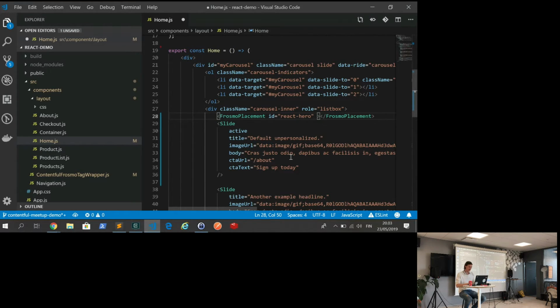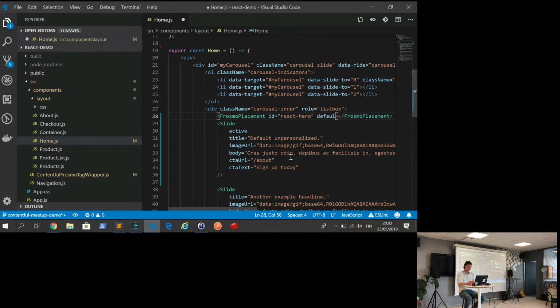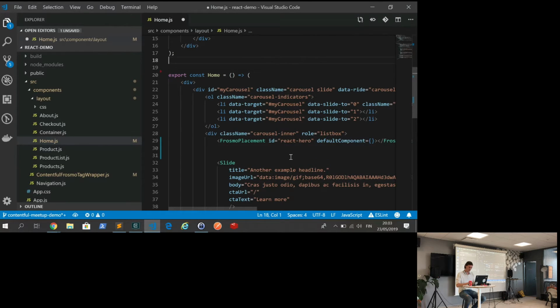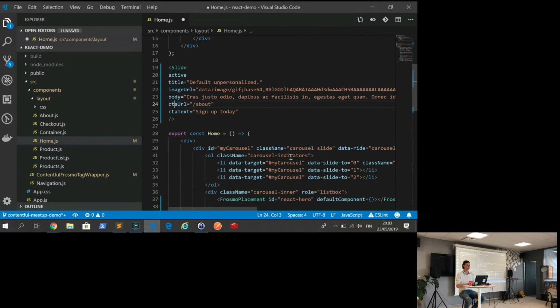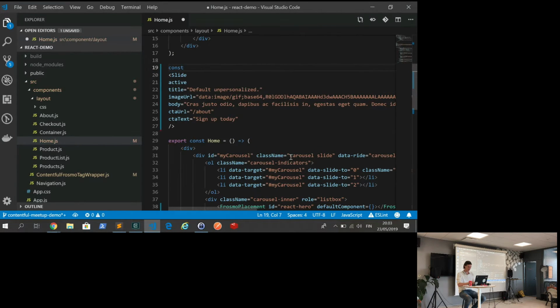Before we get anything from the server, we're gonna set up some default content that will be shown before we have anything, if we have anything at all. So for some audiences there might not be any interesting content. So I'm gonna define default slide,